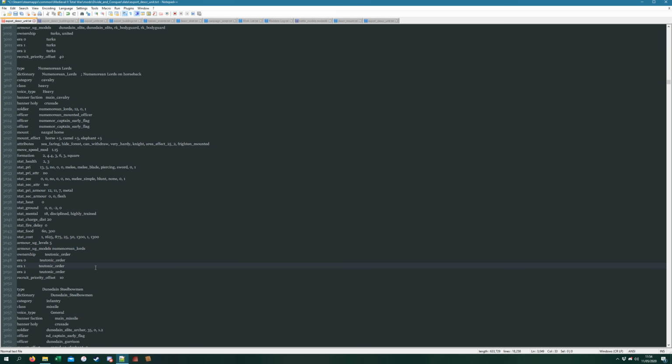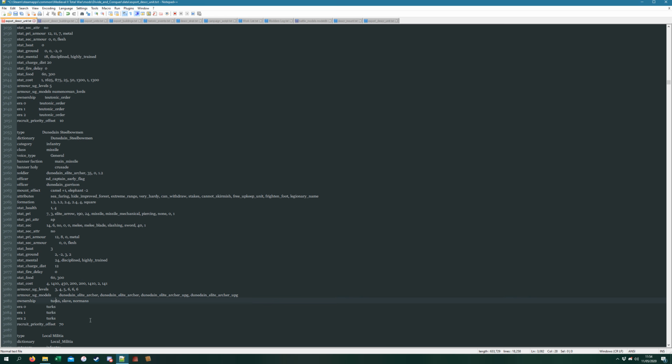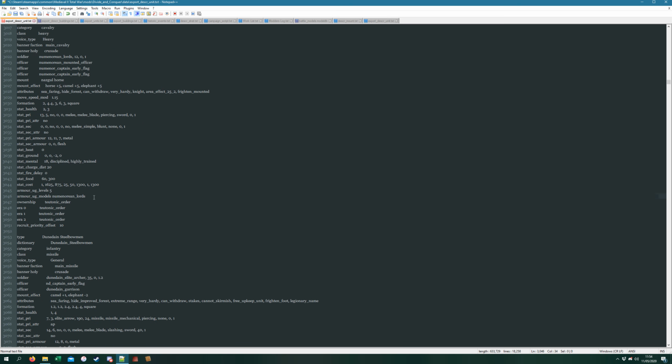So first things first again, let's give ownership to it. At the moment for them, it's Teutonic Order, but we don't want it to be Teutonic Order. We want it to be Turks. So the easiest way to do this is just copy an entry from the faction you're adding it to and just replace those three lines. Done and dusted. You always want to give ownership to the slave nation, because otherwise, if this nation goes rebel,